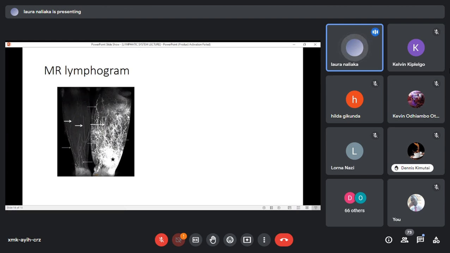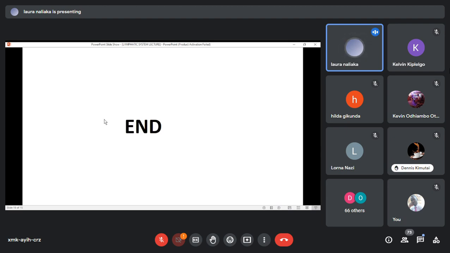This is a case where the patient had a swollen left lower limb. You can see it's bigger than the right. On the right, you can see the lymphatic channels picking up the contrast. But on the left, there's a disruption of the lymphatic channel at some point, and hence you see the collaterals that are trying to make up for the obstructed lymphatic channel, picked up very easily. That's the end of the